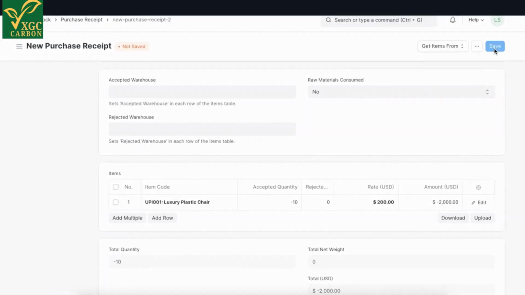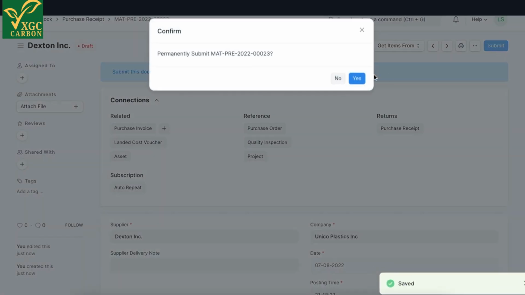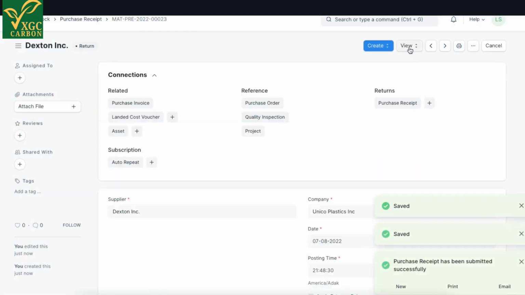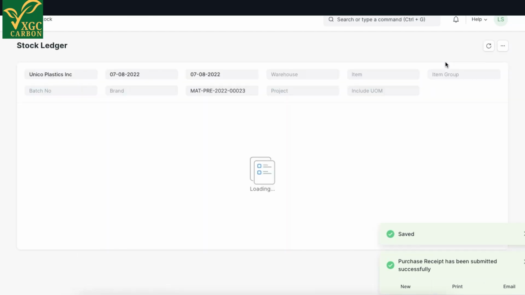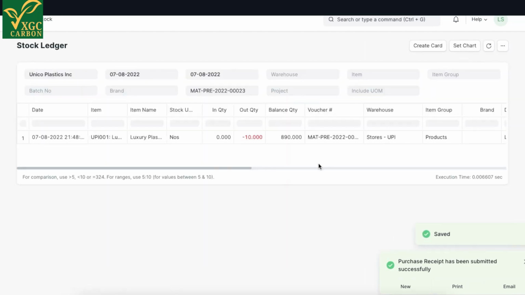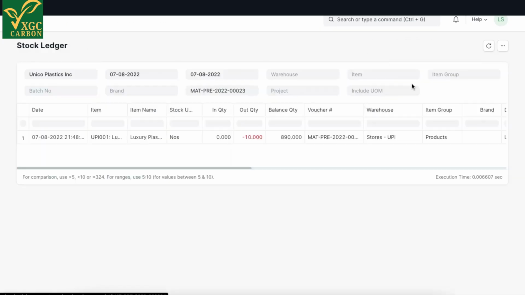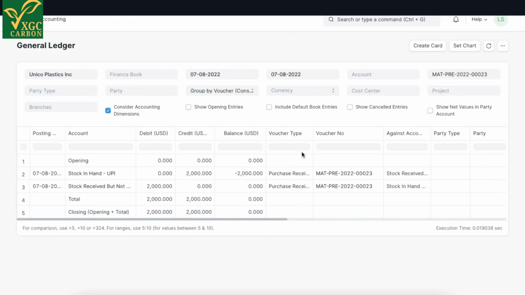When we submit this return, the system will decrease item quantity from the appropriate warehouse. To maintain correct stock valuation, stock balance will also go up according to the original purchase rate of the returned items. We can see this in the stock ledger. In the accounting ledger, the stock in hand account will be credited and the stock received but not billed account will be debited. If perpetual inventory is enabled, the system will also post accounting entry against warehouse account to sync the warehouse account balance with stock balance as per stock ledger.